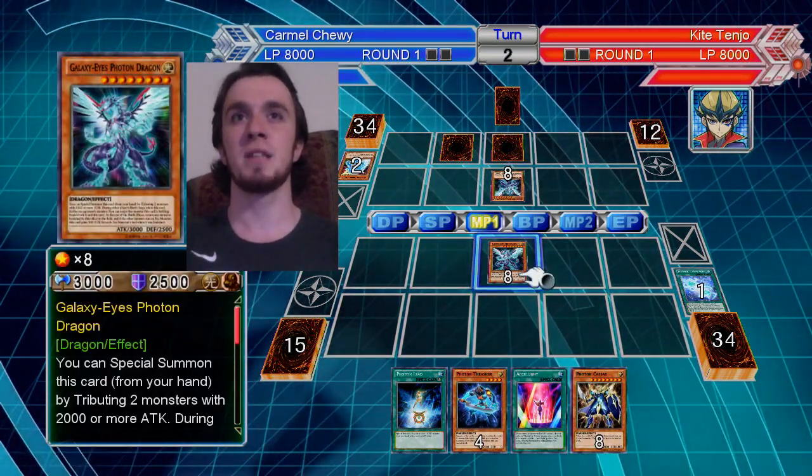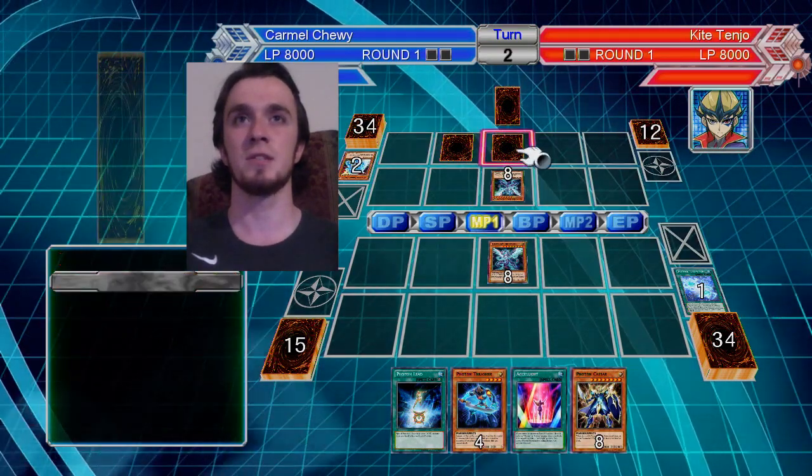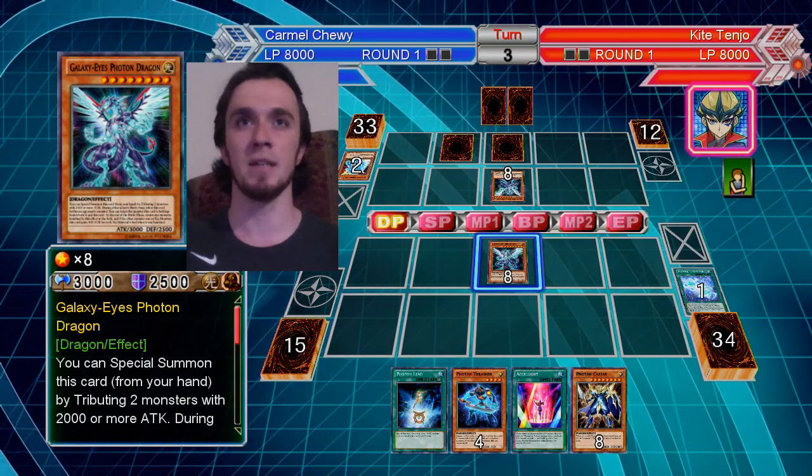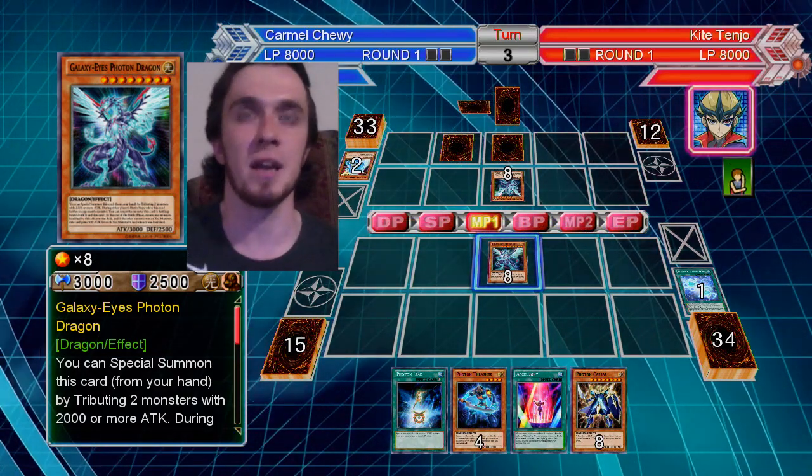So maybe it was a mistake to even summon him in the first place, because we can assume that he's probably got a trap card. We'll just not attack and then see if that will stalemate. Also, yeah, like I was saying, I forgot,